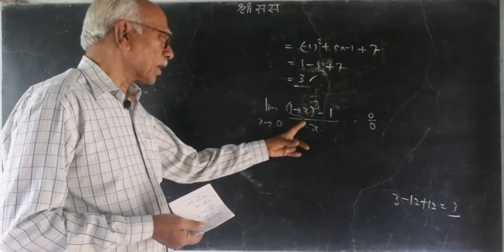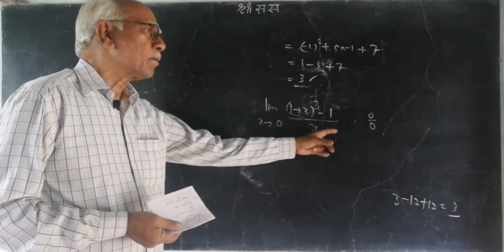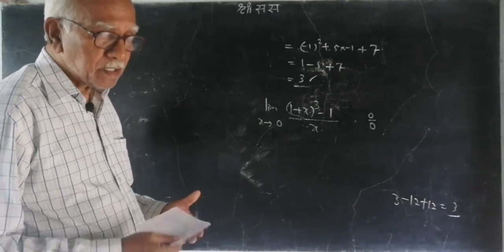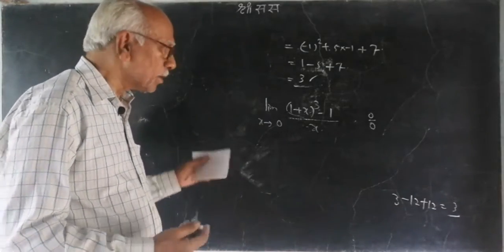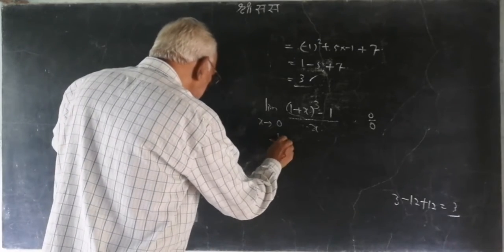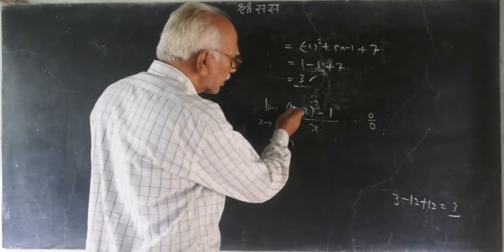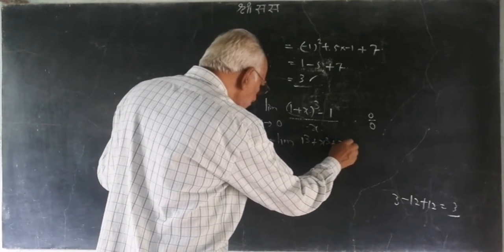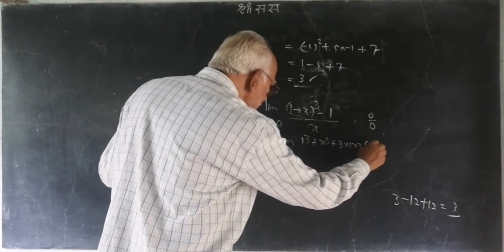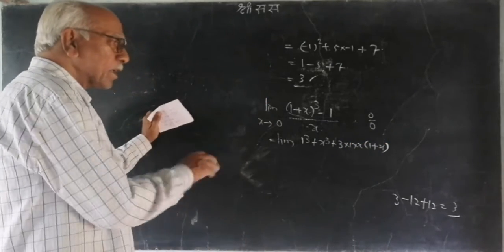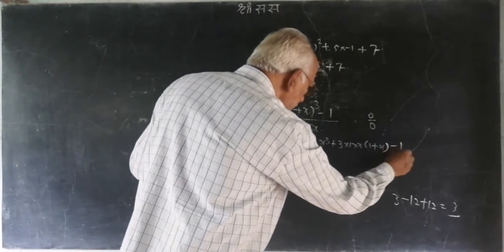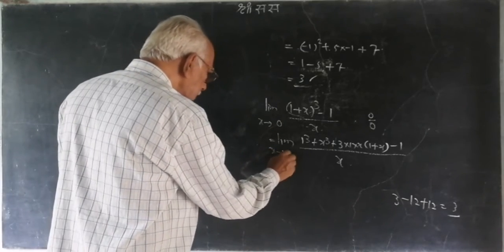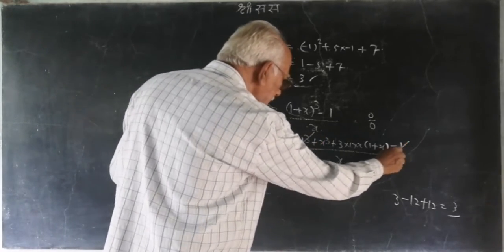How? It is 1 plus x. So, we will be making it 1 plus x and then minus 1, same as this one, but however we have to change the limit, and this particular process is known as change of limit, but here we will be expanding the bracket. So, what is this (1 plus x) whole cube? It is 1 cube plus x cube plus 3 into 1 into x into (1 plus x), or you can write it binomially, and then we will have minus 1 and divided by x as x tends to 0. So, 1 cube and 1 cancel out.